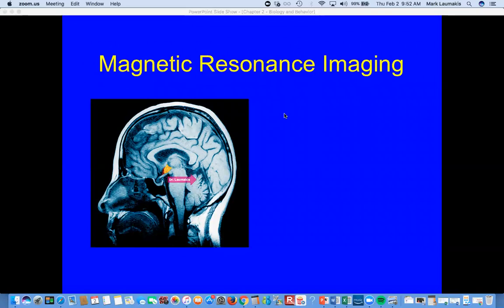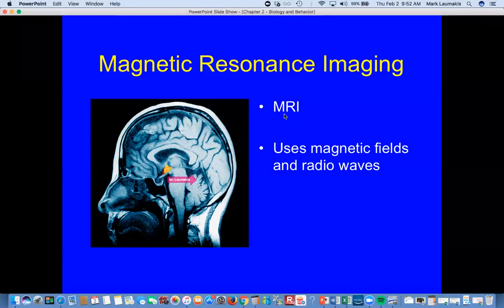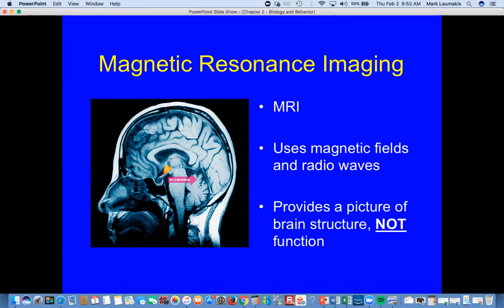Okay, so what does MRI stand for? Magnetic resonance imaging. It uses magnetic fields and radio waves. You don't need to get all wound up about exactly how this works technically. What I want you to understand as a big take-home message is it gives us a really good look at brain structure. It doesn't give us any kind of functional information. Okay, so not any functional information from doing just a regular old MRI. So the picture now at this point would be PET scan, functional information, MRI, structural information.